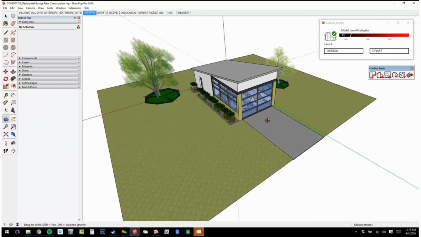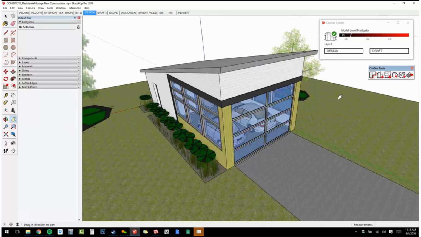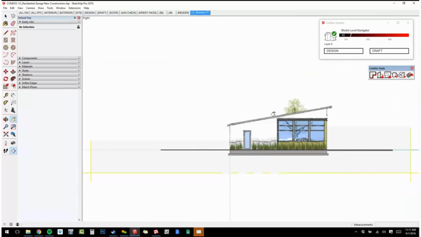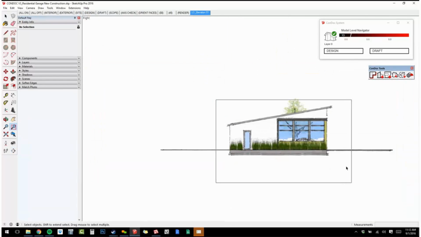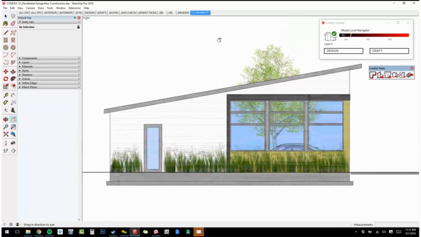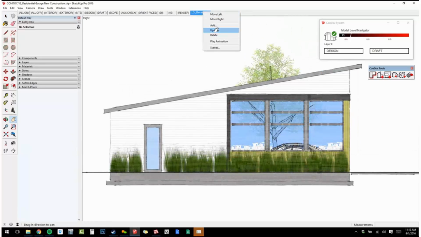Okay, so now let's add an elevation. I just want to demonstrate the problem here. So I just added a quick elevation, right? Just like ConDoc always did. And we can just update our elevation there. So here's elevation 1. Now, in order to get back to a place where I can work on my model,